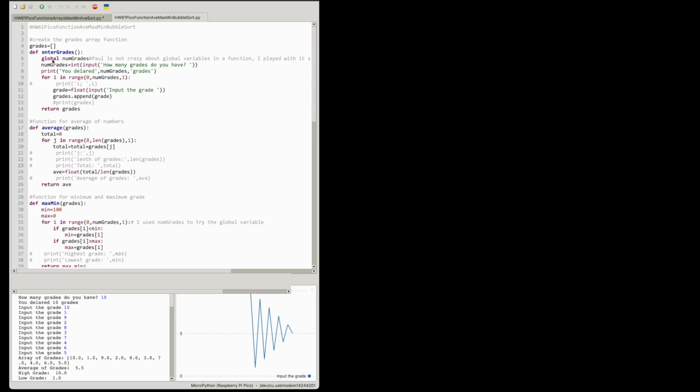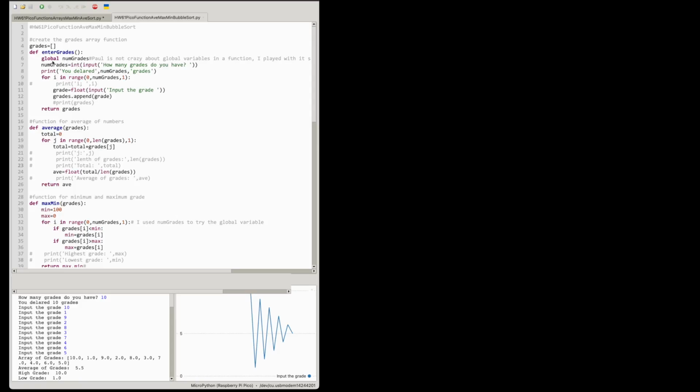He said he was not a fan of doing global variables, and the example was if you had area of a circle and area of a rectangle or something else, that area could be interpreted by both things, and it could goof things up because you've got two different things with the same name. Num grades is probably not one that you'd have to worry about too much, but anyways,